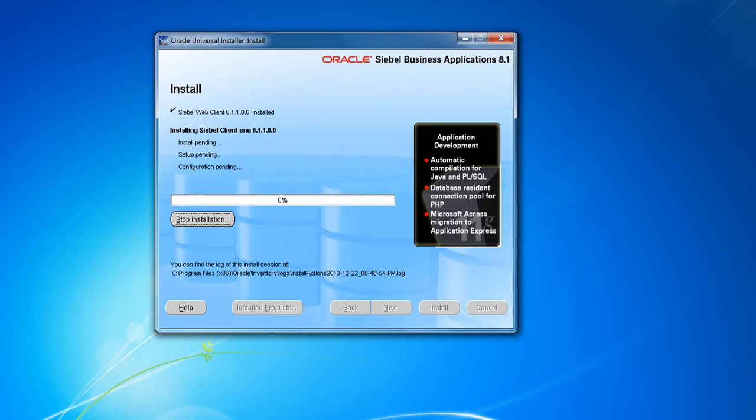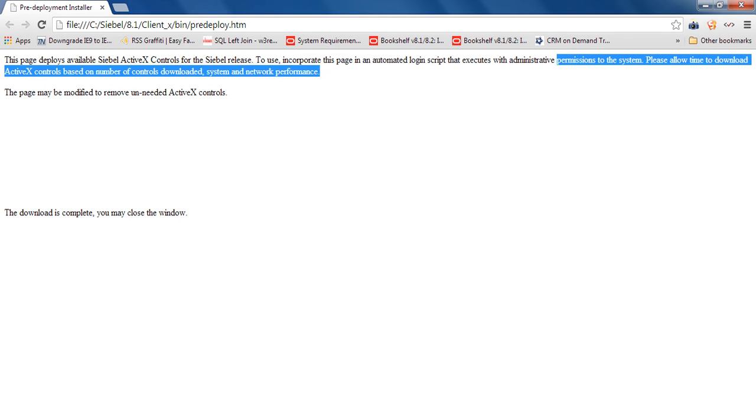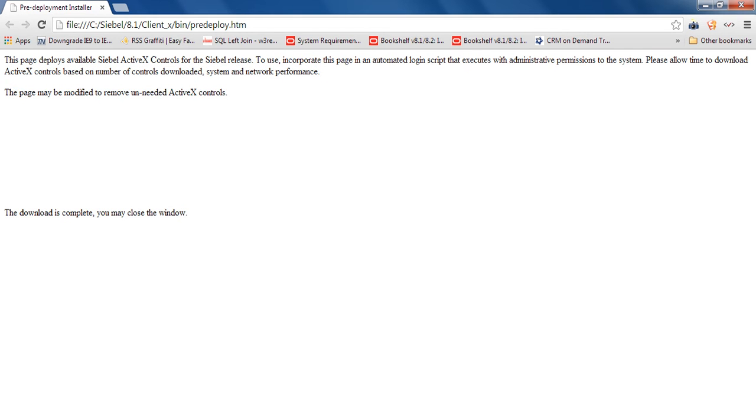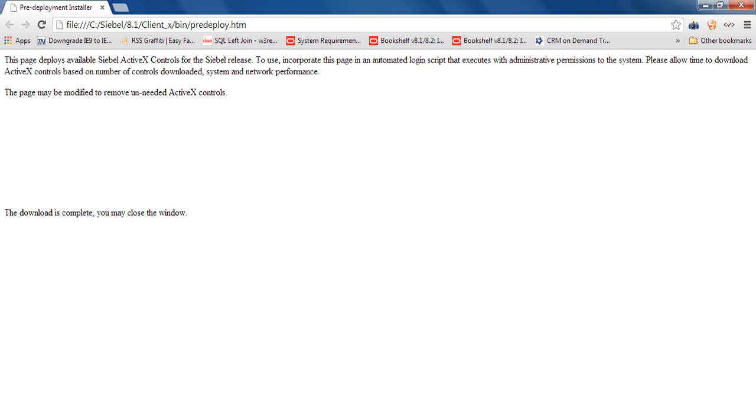Alright, while we are in installation, we got this message saying this page deploys available Siebel ActiveX control for Siebel release. Incorporate this page in an automated login script executed with administrative permission to the system. Please allow time to download ActiveX control. This page modified. Alright, this is asking us for ActiveX installation, but this is not gonna work here because we